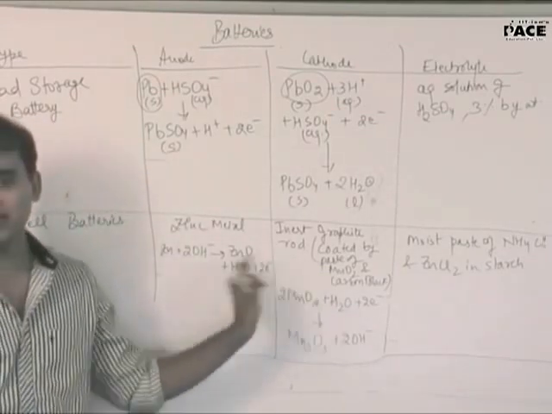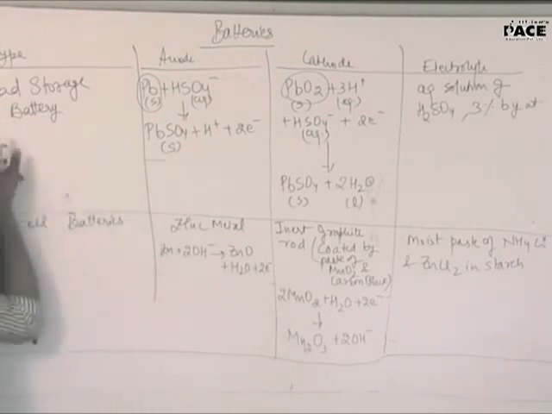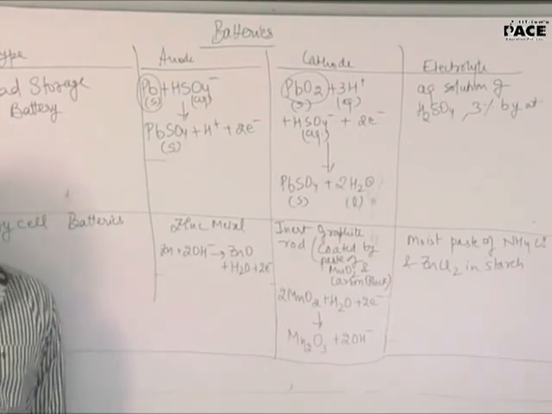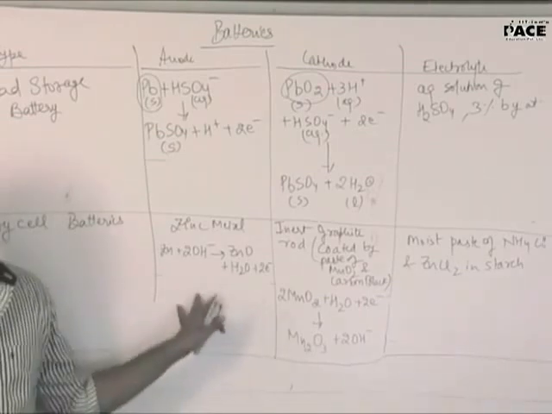You don't have to remember these reactions. Only the reactions which I am marking with a star are important. But I am giving you an exhaustive list of 5 or 6 cells which are important, so if they come across, you can use this table as a reference. Clear? You don't have to learn this.